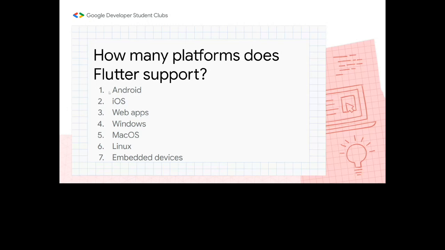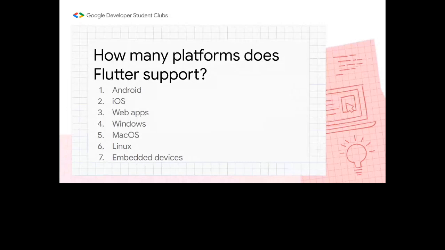You just have to write the code once. You have to maintain the code once, and we can run our applications on all of these listed platforms. Just think about it. Earlier, most of the big tech companies had to make each application for a different platform. They had to make one application for Android, then another application for iOS.